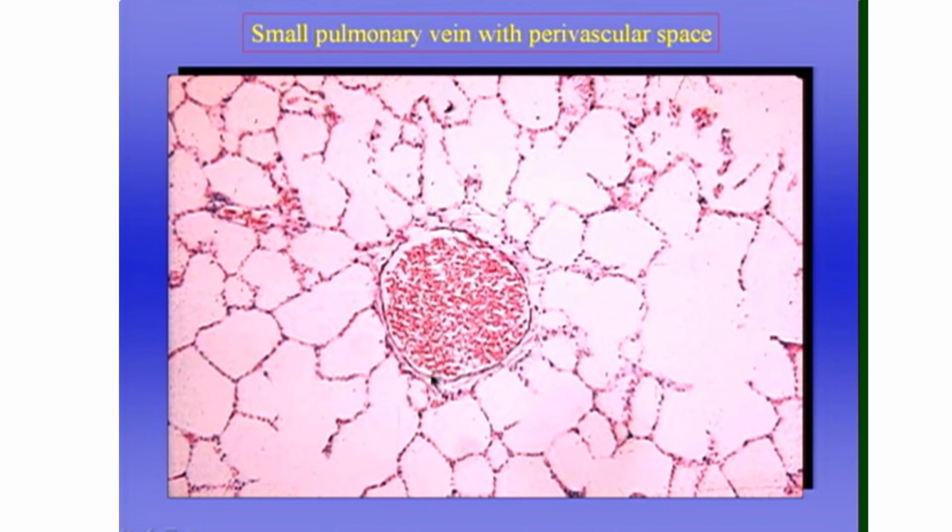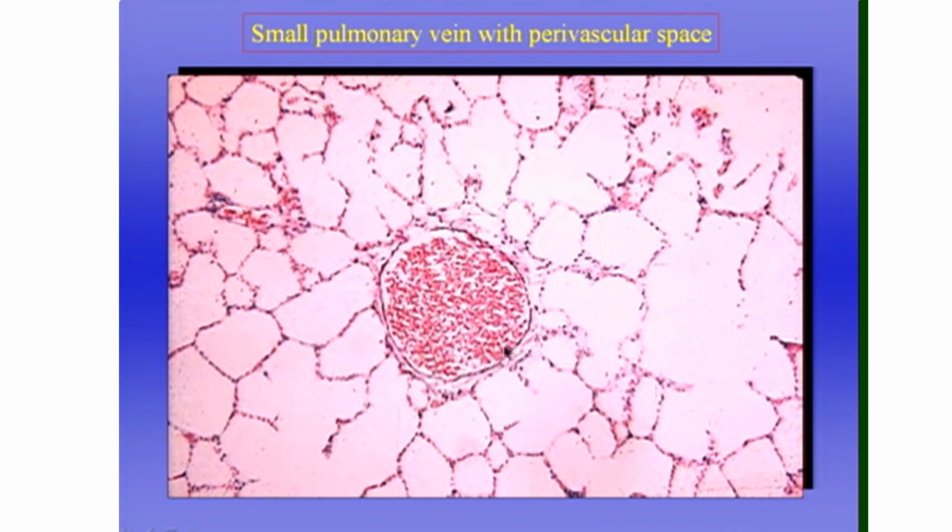One of the features of this micrograph is that we can see, not easily, but if you look carefully, you can see a potential perivascular space outside the vein here. That's important because it's really a potential space, a virtual space, if you like, under normal conditions. But if there is edema of the lung, in other words, if fluid comes out of the capillaries under some conditions, when you raise the capillary pressure, for example, it moves along and collects in these perivascular spaces